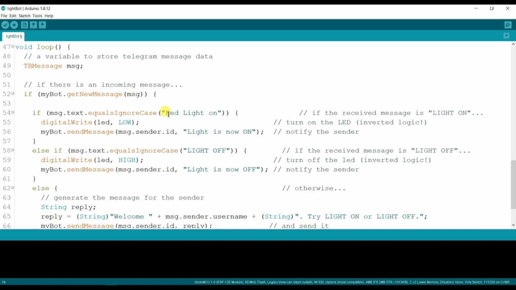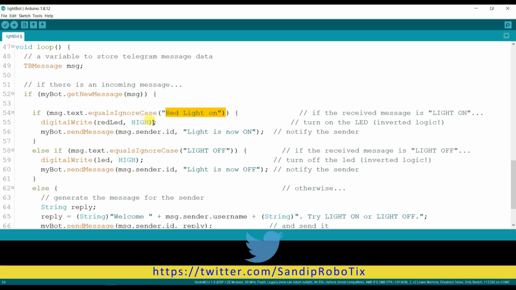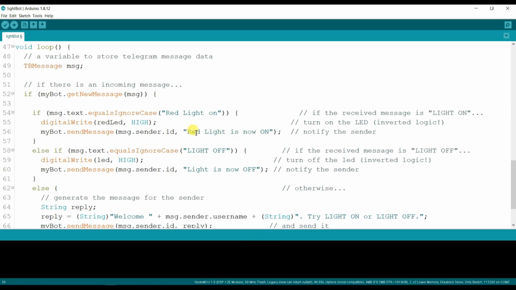Red light on, then red LED should be high. Then if I send red light on like this, then red LED will be turned on and we will get message from Telegram like red light is now on.